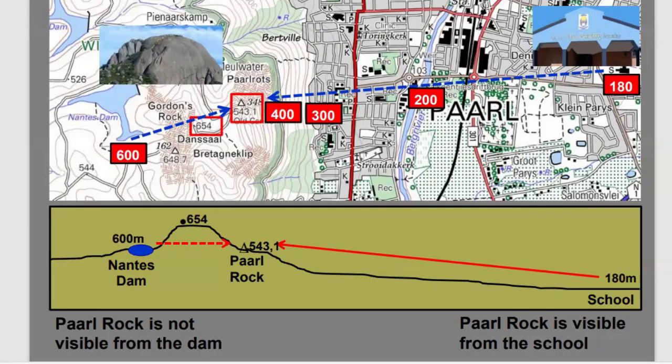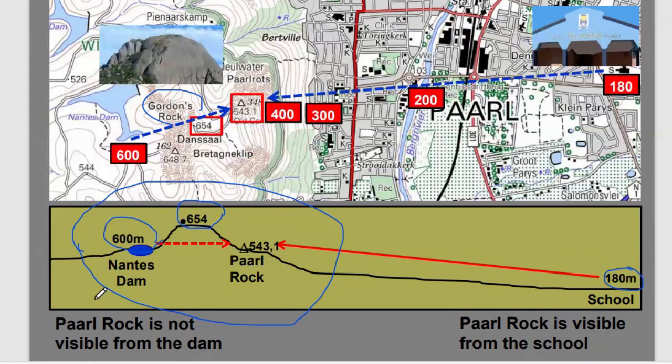shows something like this. If you are to take those values and try to draw a cross-section, you will see that this is the nature of the landscape. If you are to take a side view, our Pearl Rock is standing at 180 meters, and our Nance Dam is at 600 meters above sea level. But in between, there is Gordon's Rock, which is a rocky, high-lying area at 654 meters, according to this height, which is indicated around the mid of our